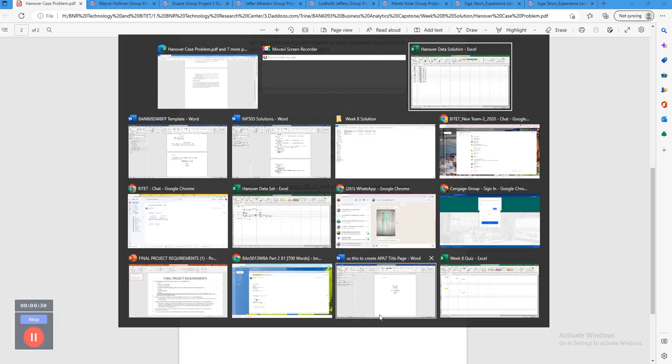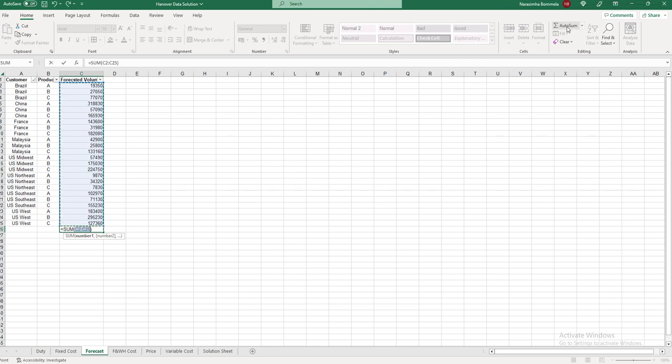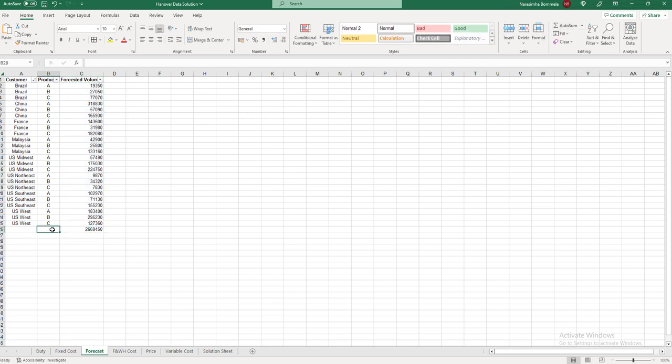First, let us understand what is the demand we have. From the forecast column, we can see that this is the demand that is given. Using this demand, we can understand the maximum units that are required in future so that we can manufacture them and supply to the different countries. So let us do auto sum. This is the total demand